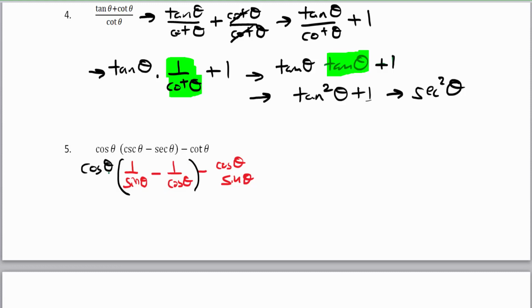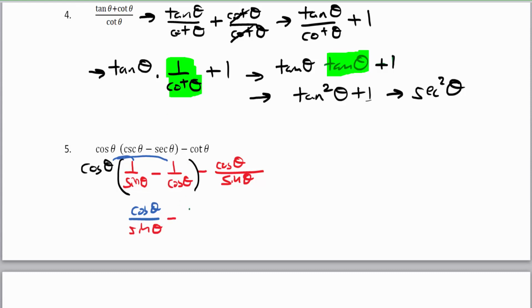Now I'm going to distribute it, because distributing the cosine first would have made this look pretty muddy. So I am going to do the distribution in blue. And what this gives me is cosine theta over, the denominator was sine of theta, minus,